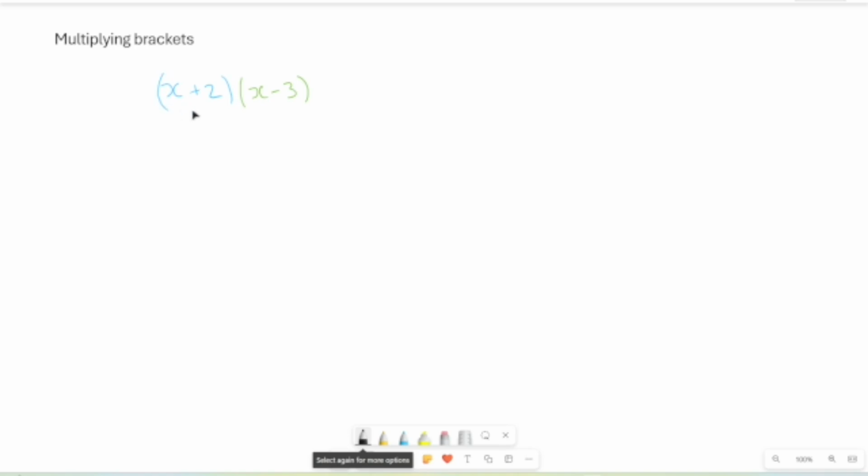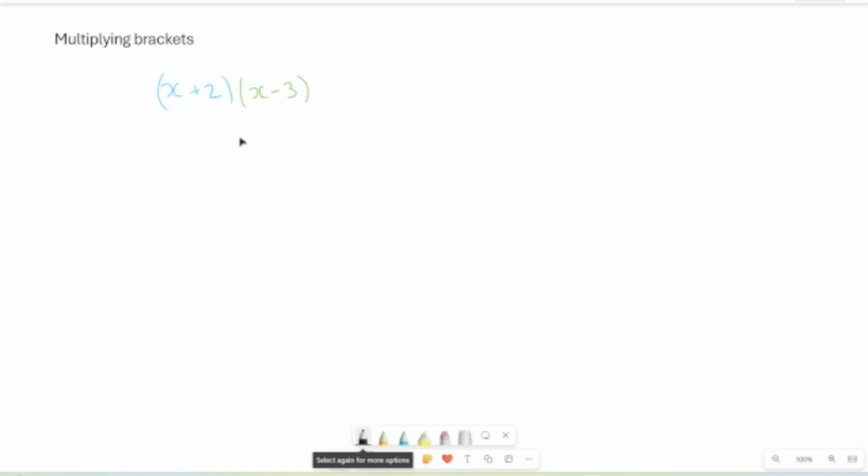every element of the first bracket, which contains two elements, the first one being x and the second one being 2. They're both positive. We multiply every one of those times everything in the second bracket, and there are two elements in the second bracket. The first element is x, which is positive, and the second element is a 3, which happens to be